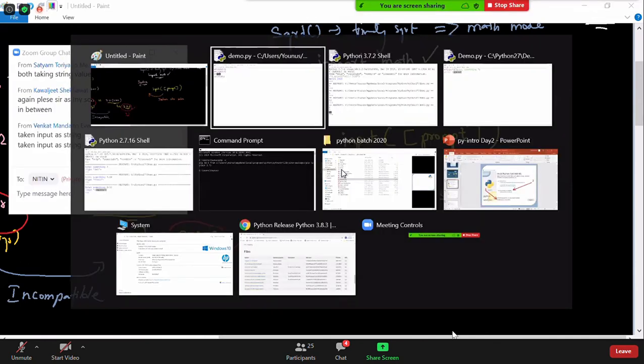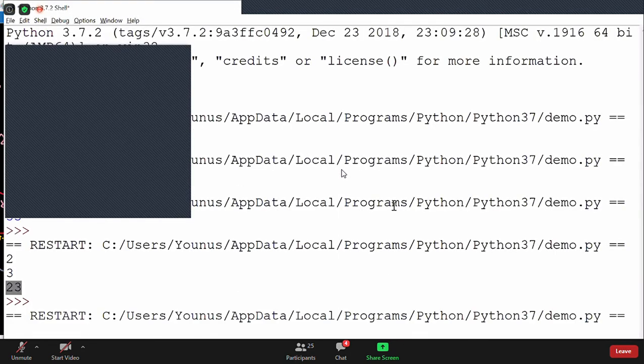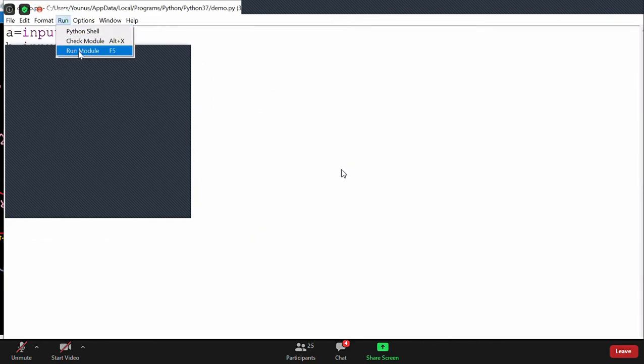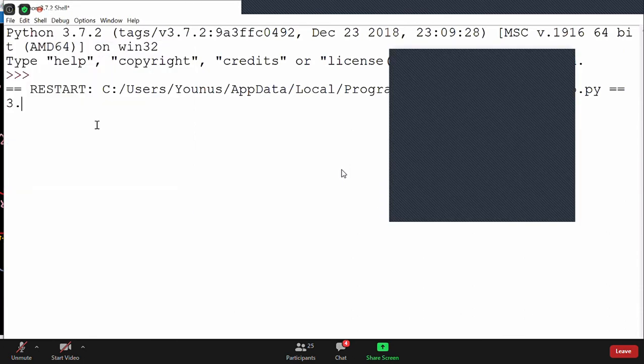Like in my program now, if I give a floating point value, I will close this and run once again. If I give a floating point value, what happens if I say 3.14 plus 5.67?